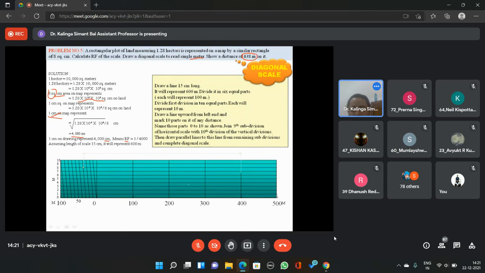So once the diagonal has been raised, since we have to represent 438 meters, this is 438 which is shown here. Up to this one is 400, if I'm traveling from this side to this one. Now we have 31, this is 10, 20, 30, and 8 from here. So this becomes 438.